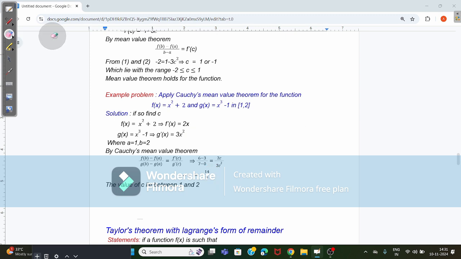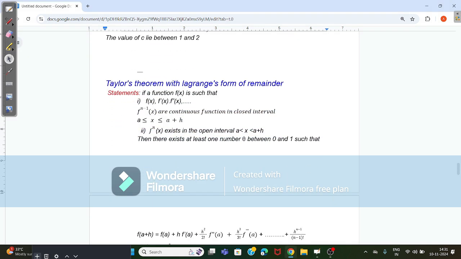Now comes the next concept, Taylor's theorem with Lagrange's form of remainder. If a function f of x is such that f of x, f dash of x, f double dash of x, and so on, f n minus 1 of x are continuous functions in the closed interval a is less than or equal to x is less than or equal to a plus h, then f power n, the nth order derivative, exists in the open interval a is less than x is less than a plus h, then there exists at least one number theta, this is the value of theta between 0 and 1, such that